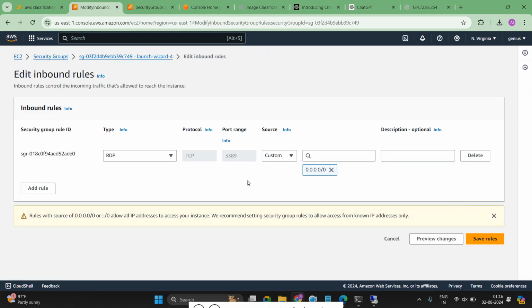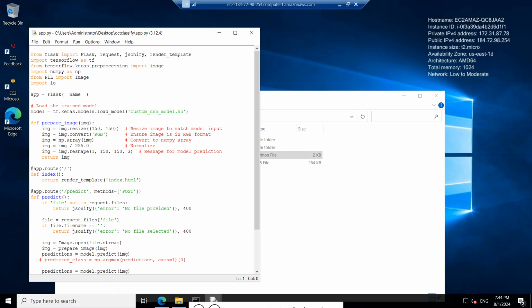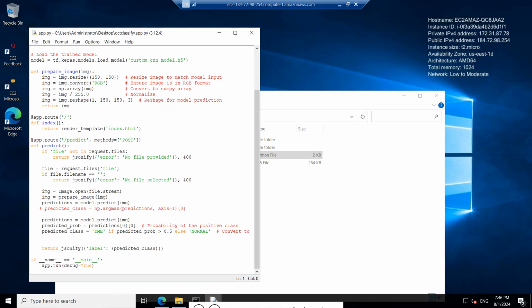We can click this one. Then we need to add a rule, add a custom TCP. Here we need to put 80 because we have given the port number as 80 only. So here you can see this one,